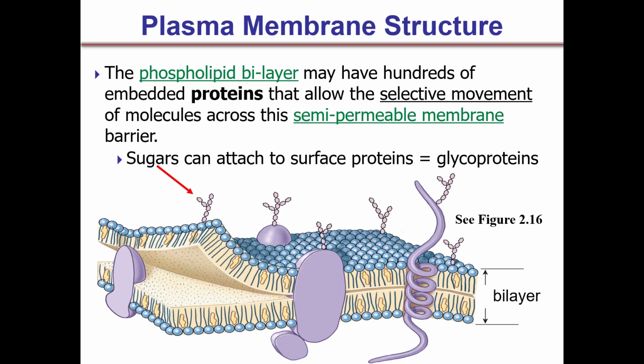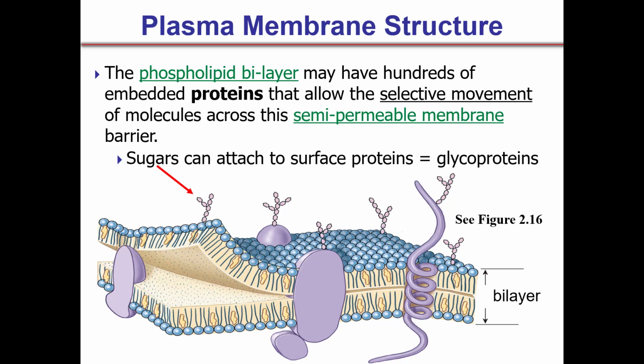And they kind of hang on, or they're anchored to these proteins. This large protein in the middle, notice how part of the protein faces outside, and it's got another portion that faces inside. This protein helps bring things that are outside the cell into the cell and could possibly kick things out of the cell. So we'll talk about active transport and osmosis and things like that as we move through this first unit. So hopefully some of these ideas are review, but we're taking a much closer look at cell